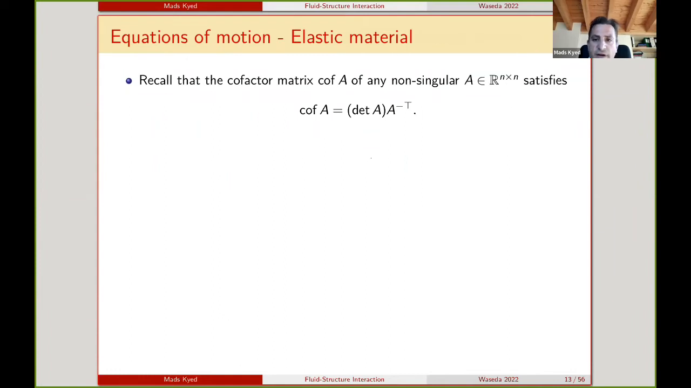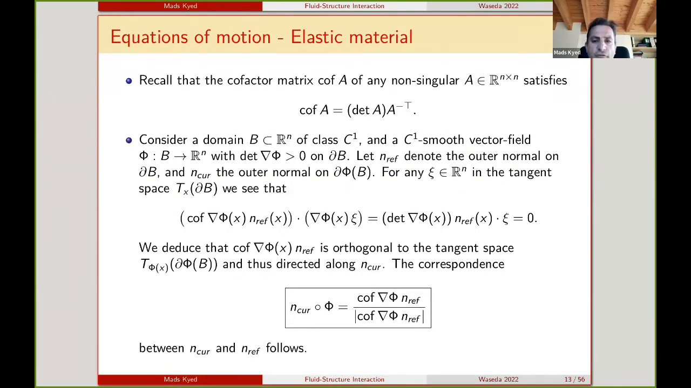Okay, so now I need a little bit of mathematics to go ahead with the derivation of the equations of motion. I need a cofactor matrix. We call the cofactor matrix equal to the determinant of a matrix A times the inverse of the transposed. So this is the formula you see here. Okay, so this is an important formula for us, and one of the reasons why it's important, you see here